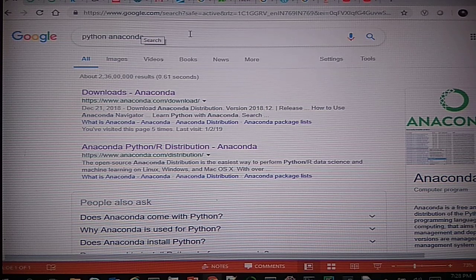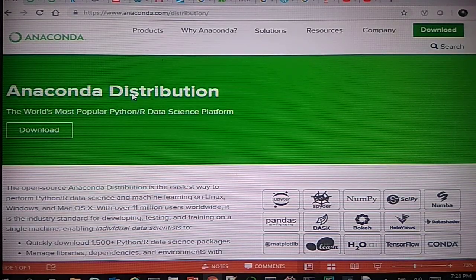The only problem with the Python shell or the direct installation of Python that we saw previously is that it does not come by default with a lot of packages that are required for, say, big data and machine learning, like pandas, numpy and scikit-learn. To solve that problem, there is another way that is known as Anaconda. So what you need to do is go to your search bar and search for Python Anaconda on Google. Here you will be taken to the Anaconda website where you can see the Anaconda distributions that are currently available for Python.